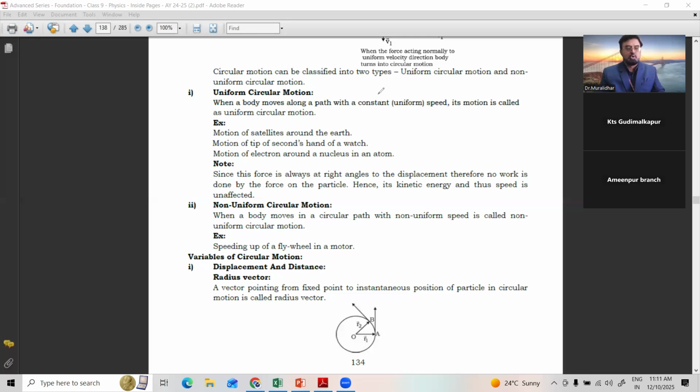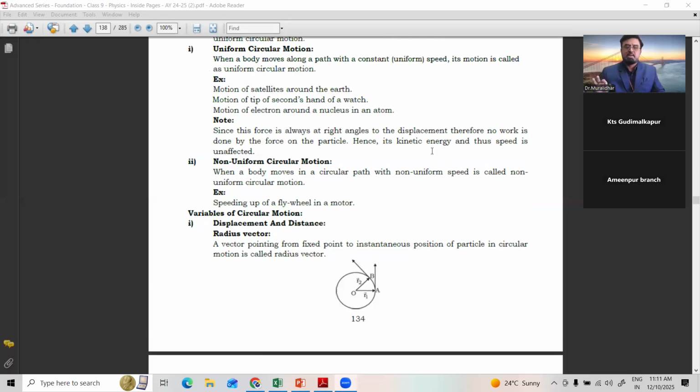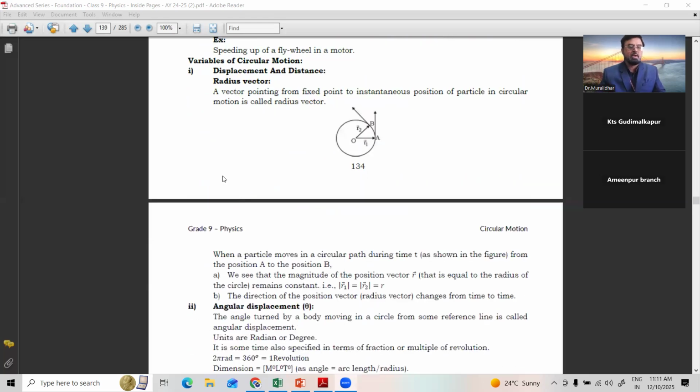Right? So, circular motion is the motion of a body around a circular path about a fixed point. It can be either uniform or non-uniform, depending on the speed. If the speed is constant, the motion is uniform. If the speed is variable, the motion is non-uniform. Okay? Now,